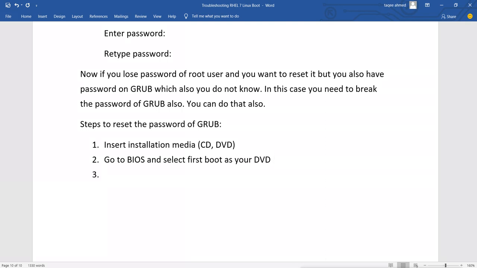Now when you see the installation options, in the installation options menu you will select the troubleshooting option.